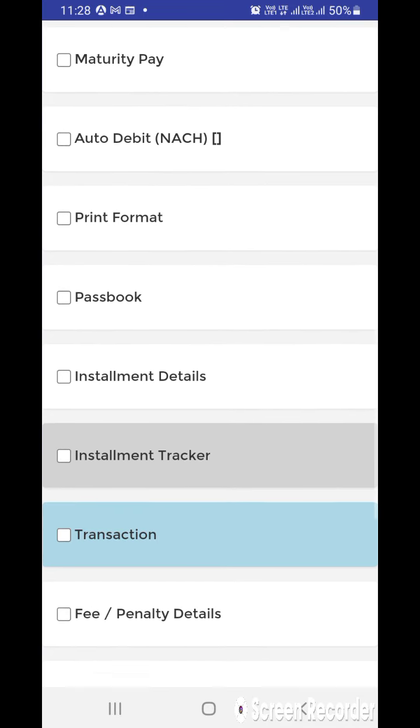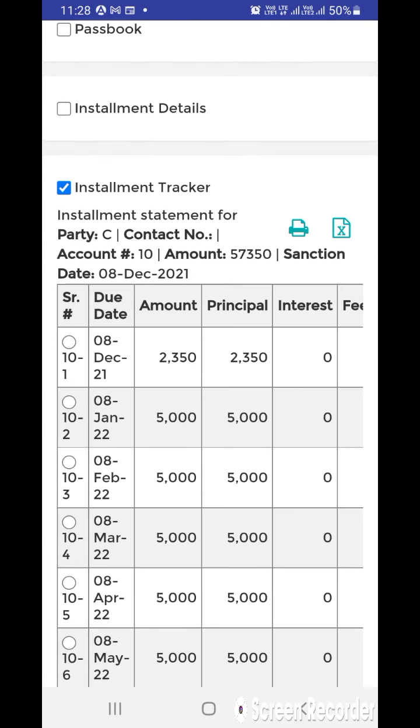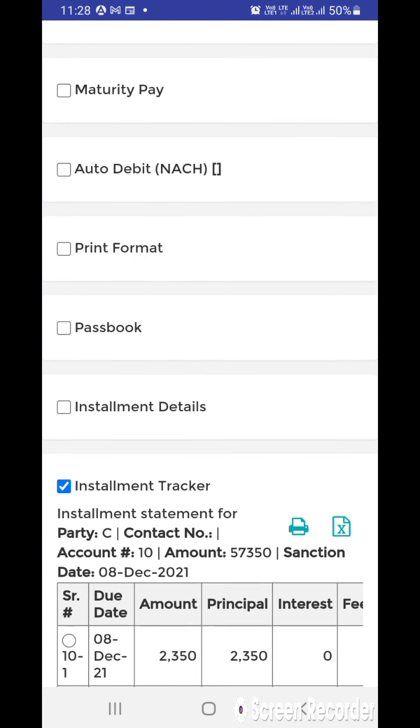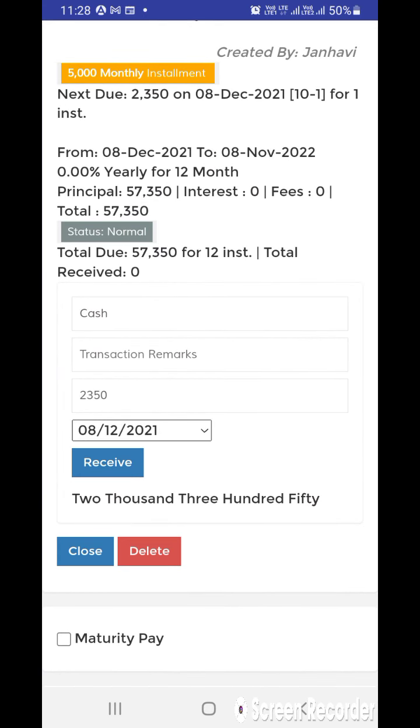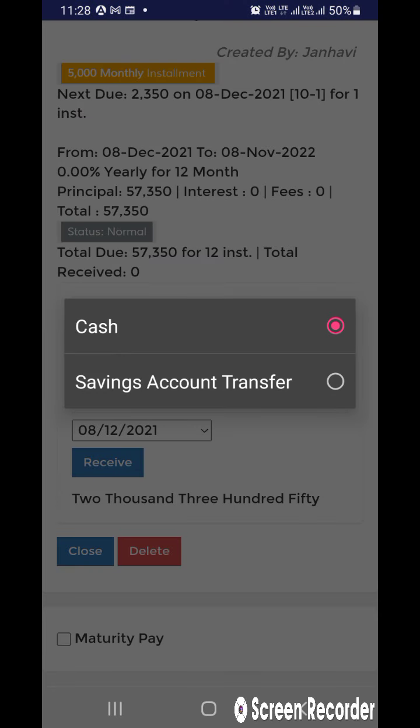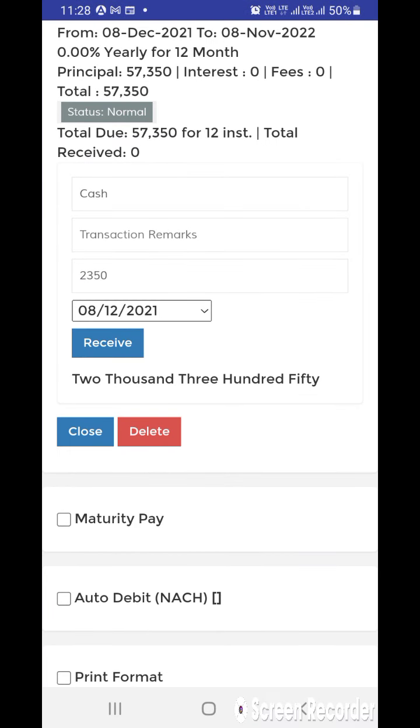Now you can check the installment tracker. It is changed to 2350 because that dividend is divided and the installment amount is changed. From here you can receive this amount by cash or bank. I will receive by cash and click receive.